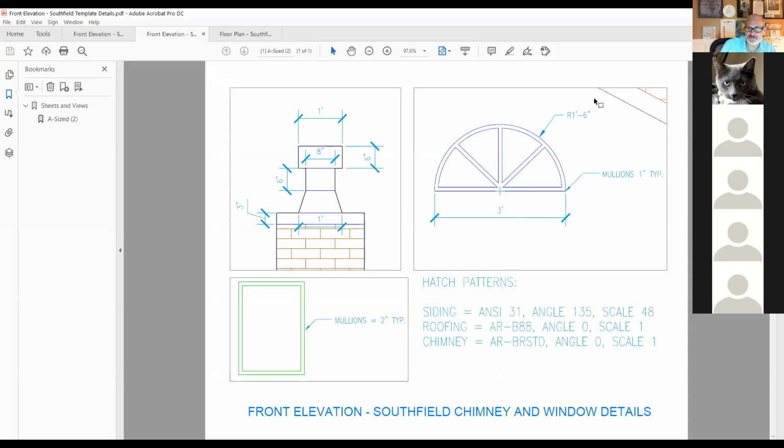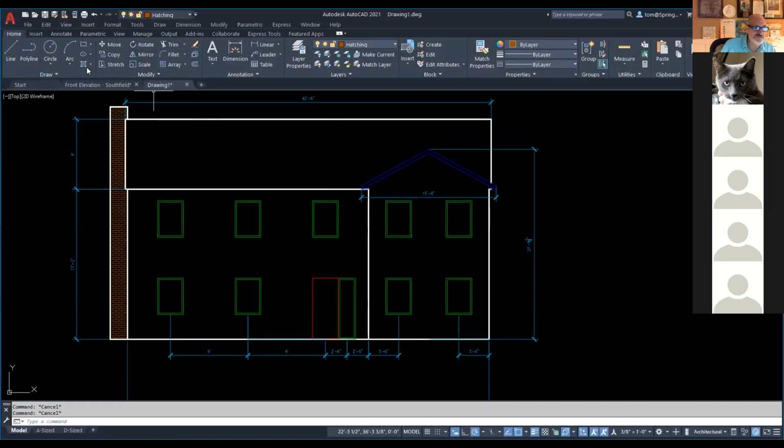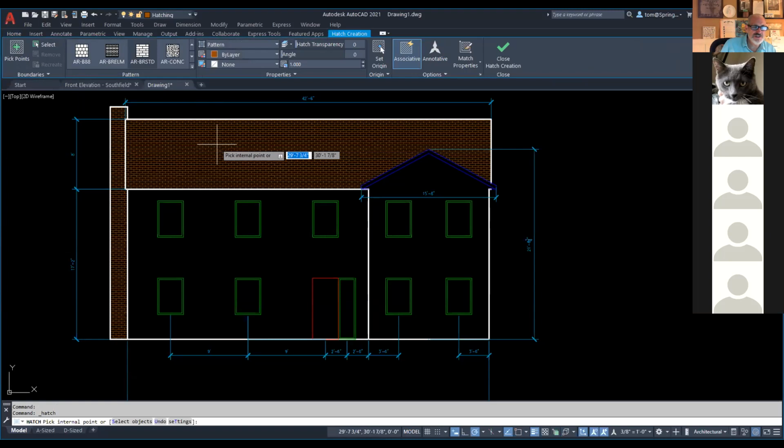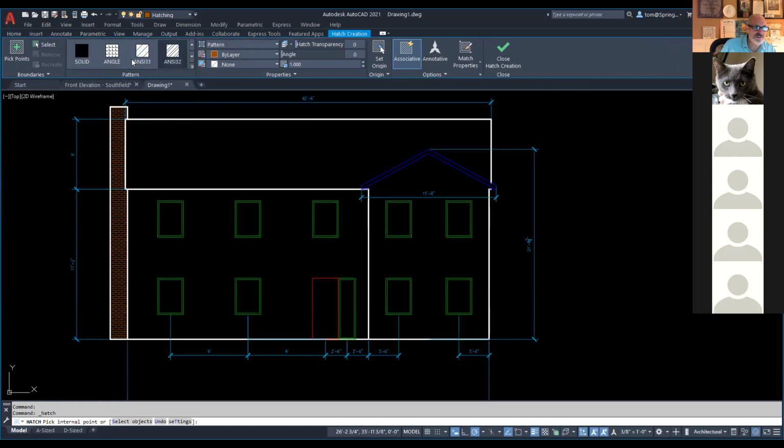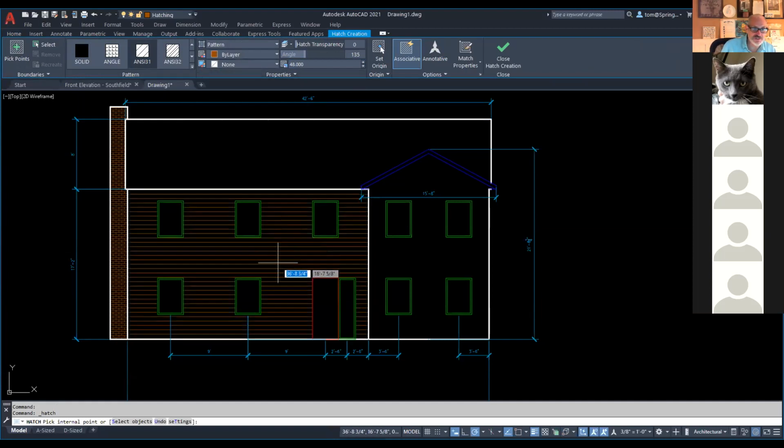So I'm going to go back to that, or rather, line hatch pattern. Back to our hatching. Hatching right here, and ANSI 31 is here. And then the angle is going to be right up here, 135 we said, and the scale will be 48. So I have those things right there. I hit my enter key, and I'm going to pull it into here. And then you'll notice it looks like this right here. I can click in here, and I can click in here, and